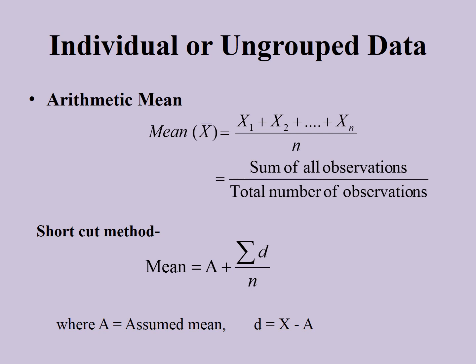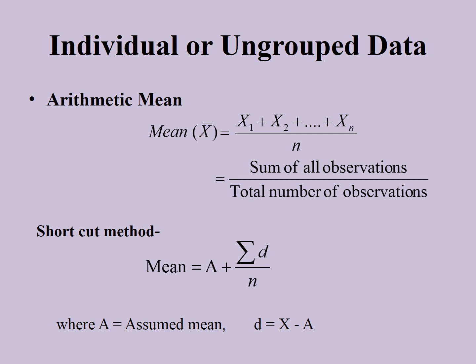But if I group that data into less than 40, 40 to 60, 60 to 80 kg, 80 to 100 kg and more than 100 kg, that will give, for example, less than 40 kg there are 25 students, 40 to 60 kgs there are 80 students, 60 to 80 kgs there are 70 students, and so on. That is called grouped data. So we have to calculate the mean for grouped data and ungrouped data with different methods.